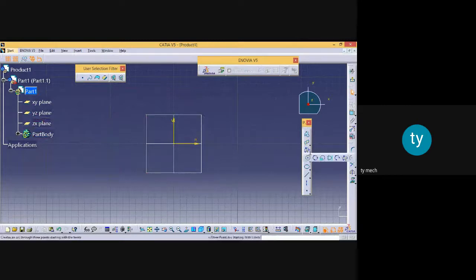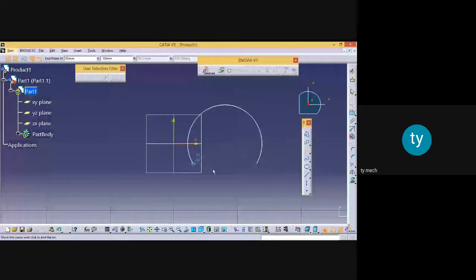Then next is the arc only. So what is the instruction here? Select a point or click to define the circle center. So I have selected this point and the circle is defined. In this way you can draw an arc. You just have to select a center and select the radius, turn this profile, and you will get an arc. So this is a very interesting command, the circle command.